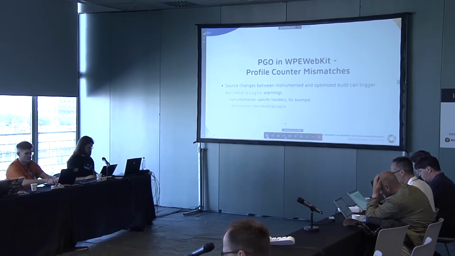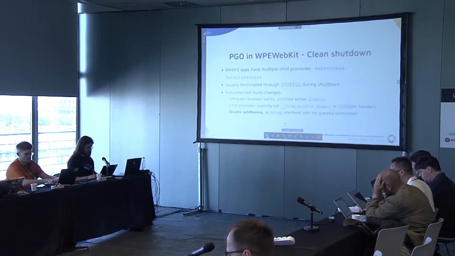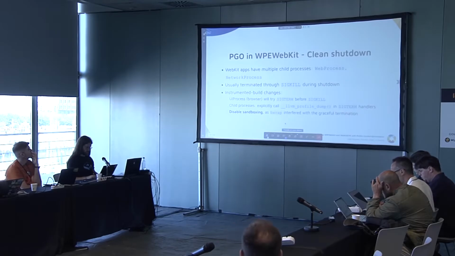Also, we had to introduce some changes in the teardown of the child processes, which changes the code between the instrumented build and the final build. So it gives some of those warnings. But the main problem was the clean shutdown, because the web process and the network process were usually killed with SIGKILL during the browser teardown. So we had to add some handlers to manually